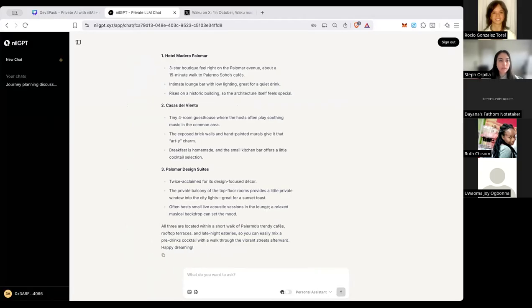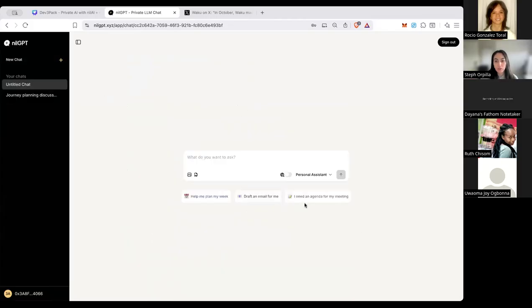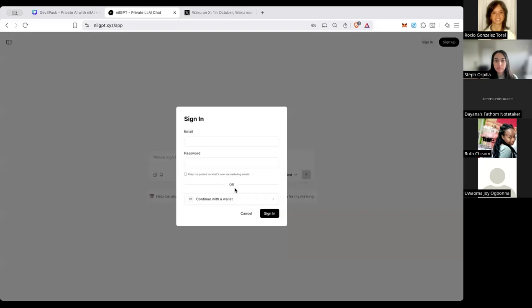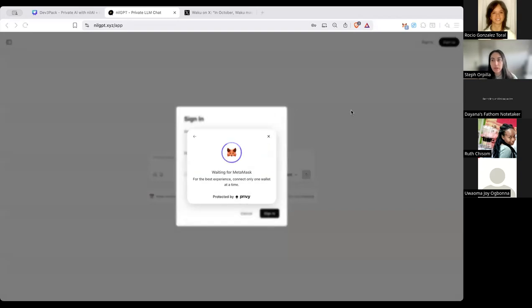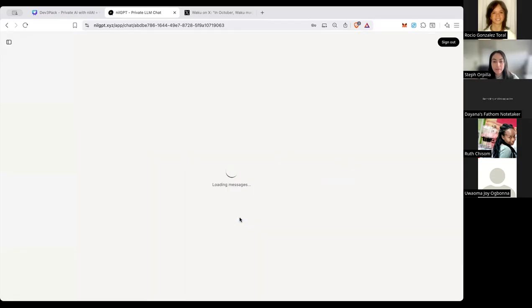And so you can see all of your different chats here. If I add another chat, I can start from scratch with however I want to use this. But if I sign out and sign back in, I'm going to continue with the wallet the same way I did before. It'll prompt me to enter my passphrase again. And remember, I used the passphrase ABC. If I change my passphrase and say DEF, unlock,